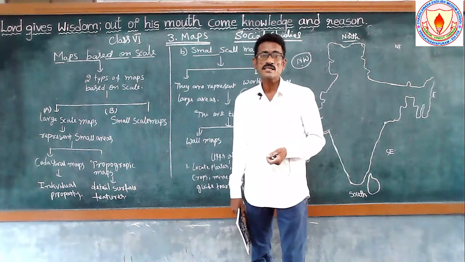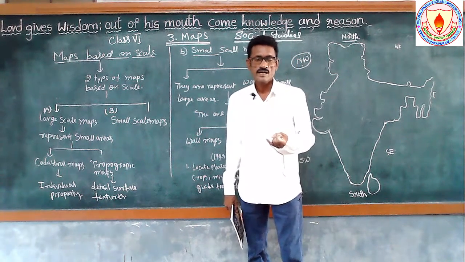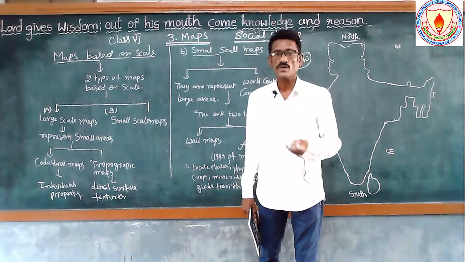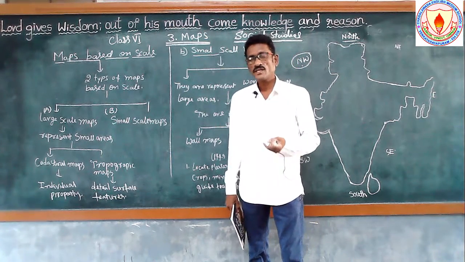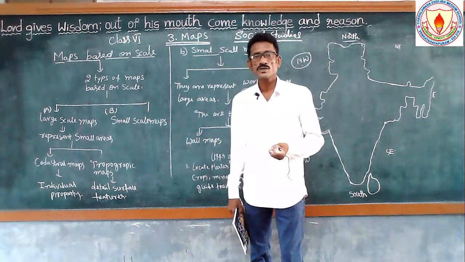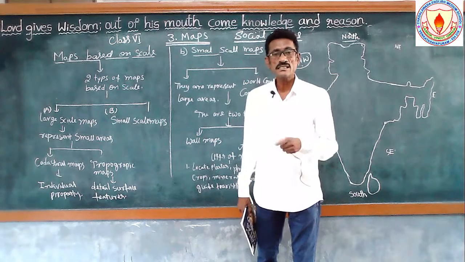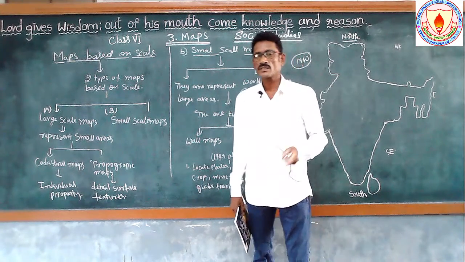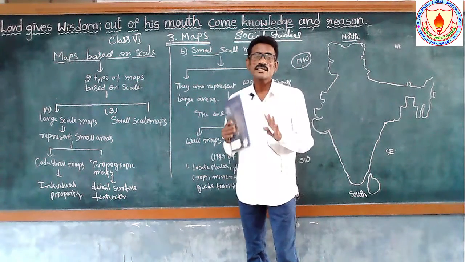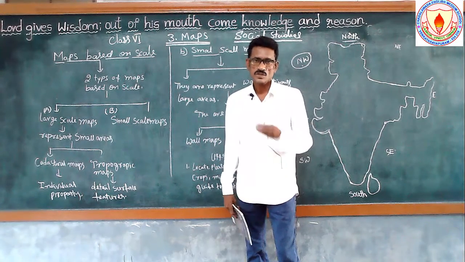And next, the water bodies. Pacific Ocean is the biggest ocean in the world. Which ocean is called the biggest ocean in the world? Pacific Ocean. If you observe an atlas book or any map book, we can see the Pacific Ocean on the east and west sides, but it does not have two sides. When we see the globe, it appears on only one side.